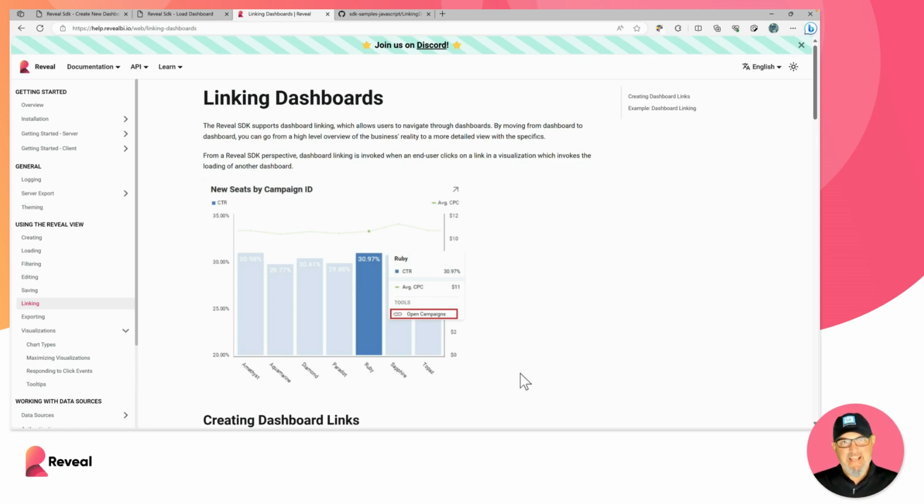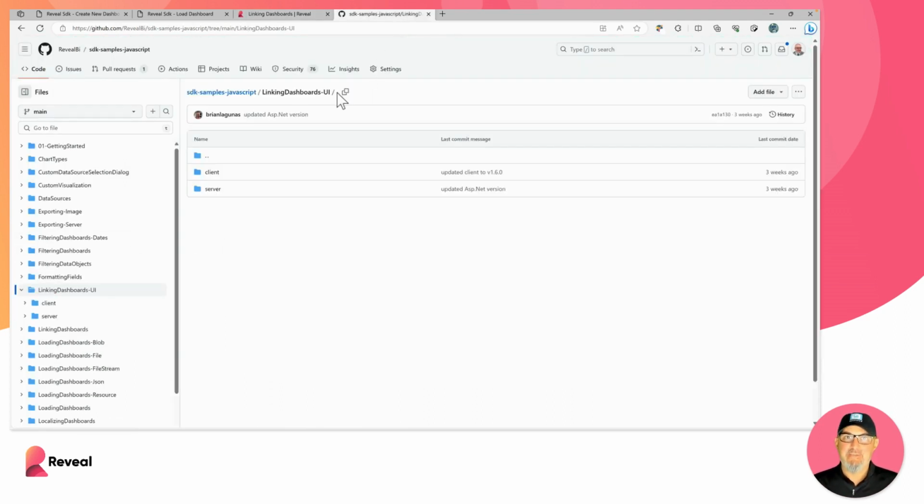What we're going to do today is look at dashboard linking and how you can use this feature in Reveal to give your users a view of the data that makes up a specific visualization. There are 2 places to go to learn about dashboard linking. First is the documentation. There's a linking topic underneath using the Reveal view. And then the second place is looking at the SDK samples JavaScript, linking dashboards UI in the GitHub Reveal BI